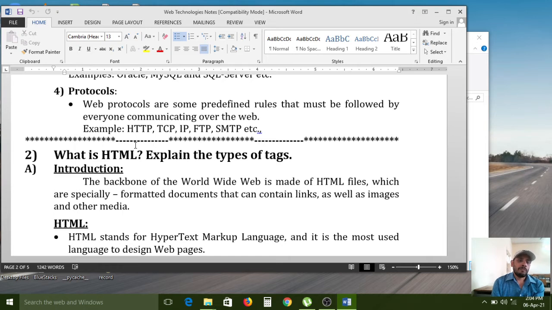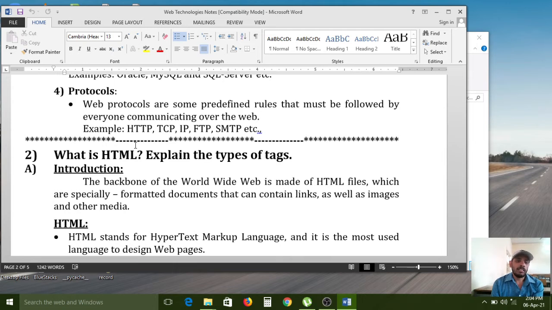The web browser works completely on HTTP, and the URL, uniform resource locator, also starts with HTTP. That is a protocol, hypertext transfer protocol. The next one is TCP, transmission control protocol. The next one is IP, internet protocol. Next is the FTP protocol. TCP and IP are the way of the connection.